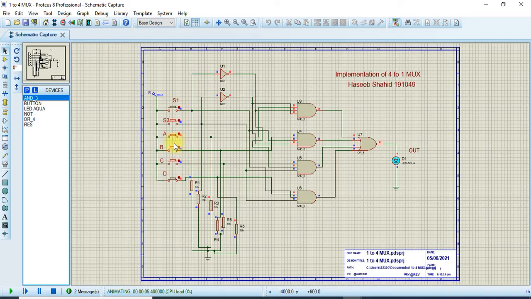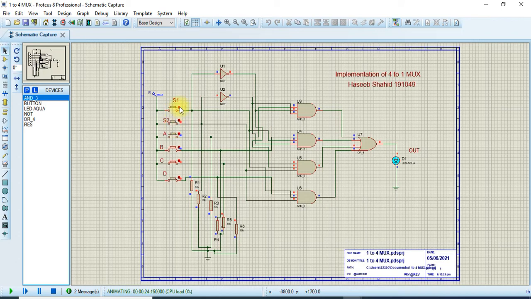So as you can see, A is the first signal that is represented at the output when the combination is 0 0. When I change the combination to 0 1, there is nothing present at B, so it won't represent B at the output. But if we change B into 1, I am going to get C at the output.